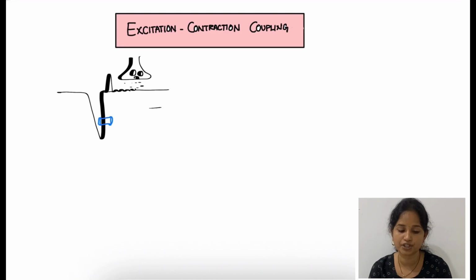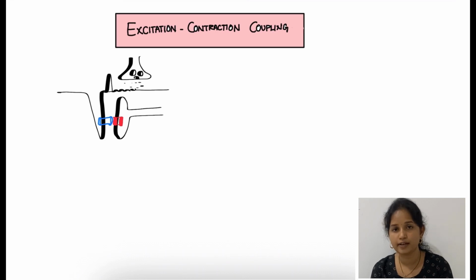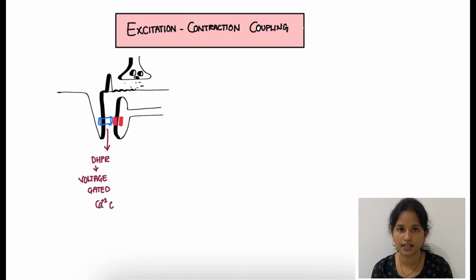voltage gated calcium channel, which is the dihydropyridine receptor. It is a voltage gated calcium channel, so it causes entry of calcium, but its major action is that it causes conformational change in another channel. That channel is present on the terminal cisternae of the triad. So in the terminal cisternae we will be having the ryanodine receptor. DHPR is a voltage gated calcium channel and the ryanodine receptor is present on the terminal cisternae. Now because of the action potential, DHPR conformational change occurs in the ryanodine receptor.